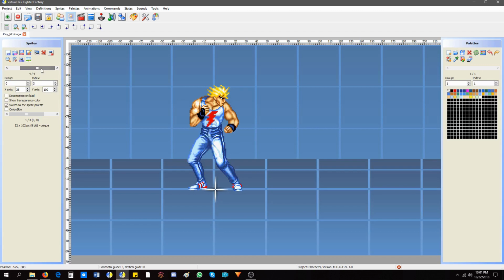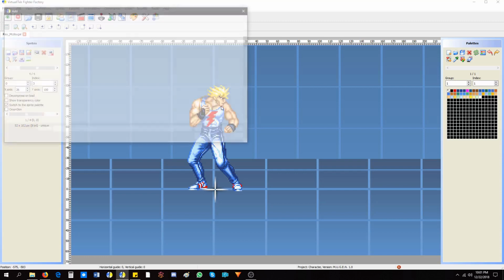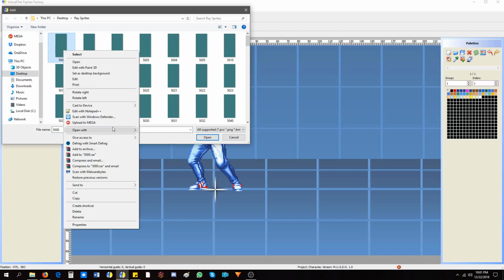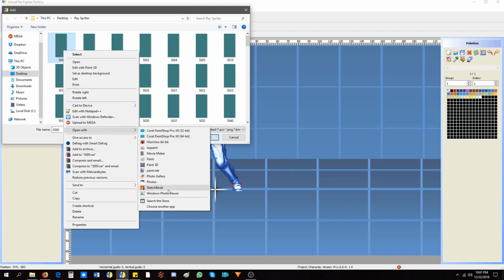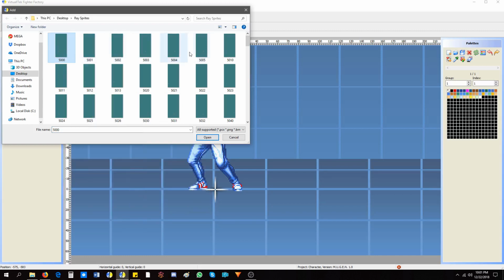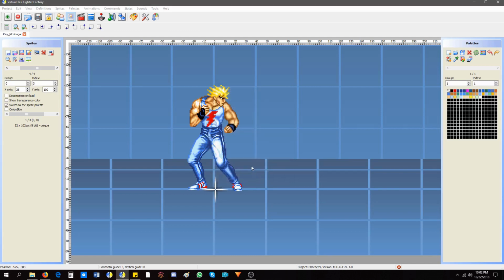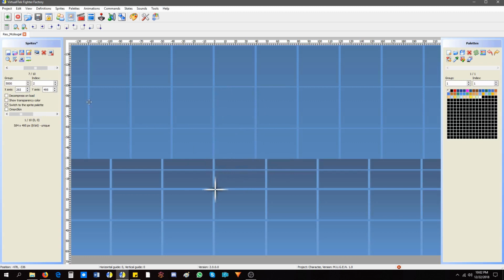So I have the stand. So what I like to do first is all the hurt animations. I like to label them 5000. I notice his hurt animations are kind of funny though. I'm just gonna add all of the 5000 here and sort through them. He has a weird kind of hit where he barely gets tapped, it looks like. Not fully sure why that is. I could implement it, but I will not for the sake of... I did not